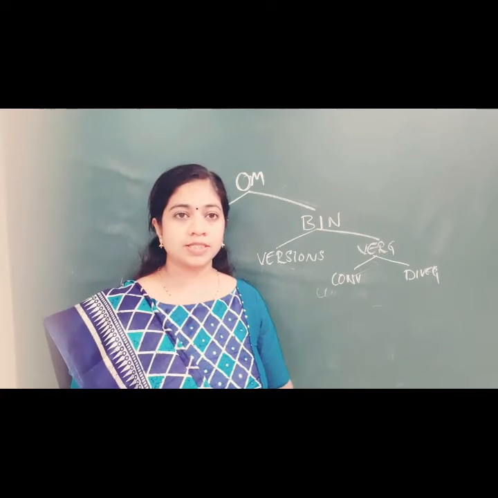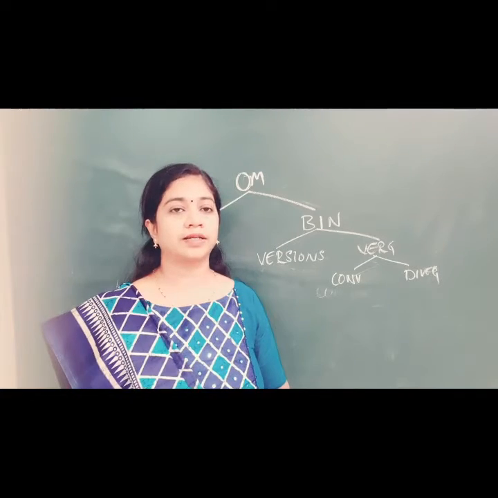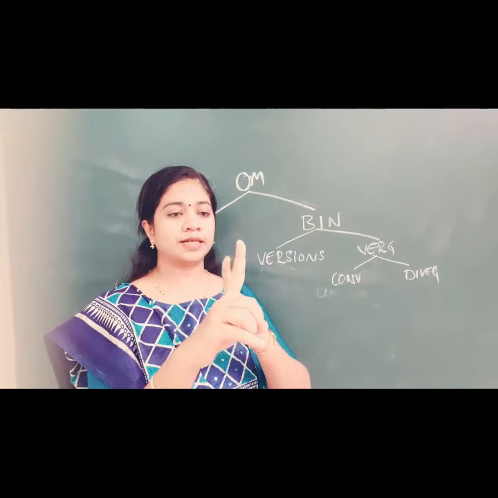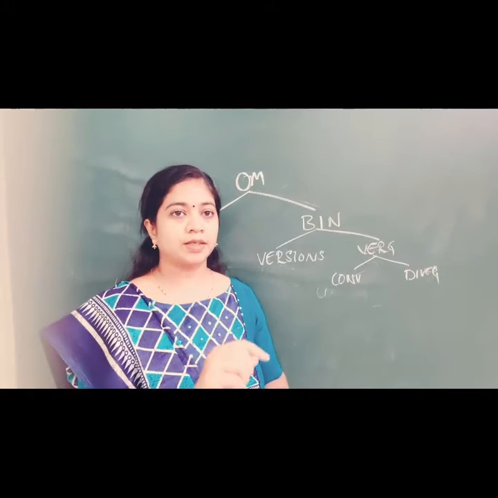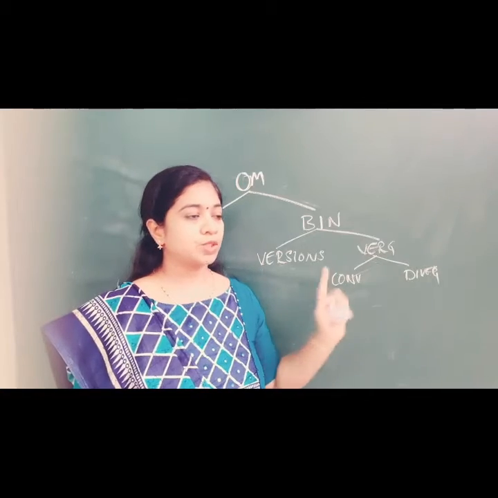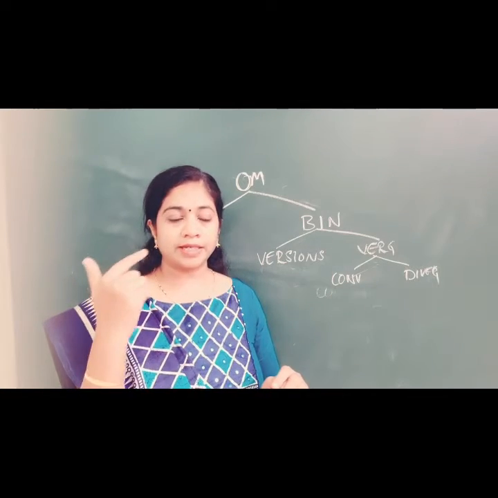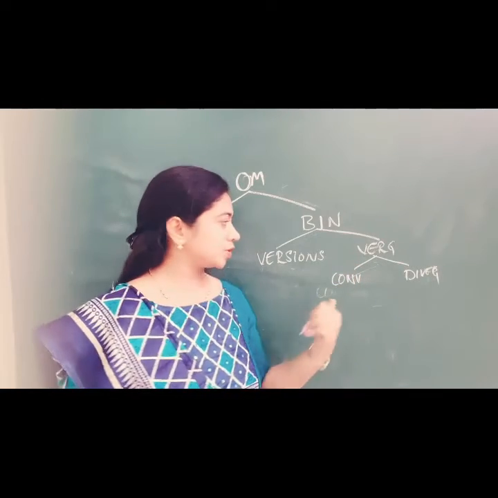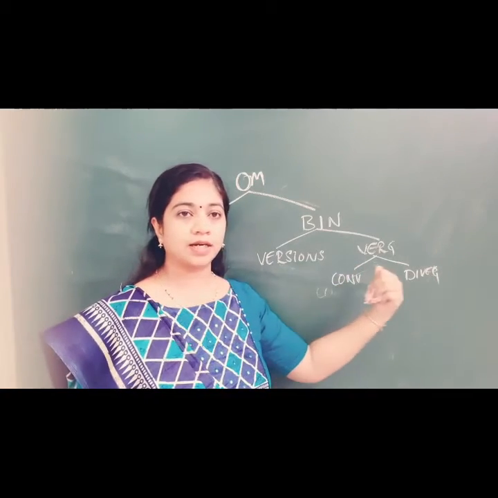So what is convergence? Suppose I am looking at a distant object and suddenly something comes here. So my two eyes will suddenly converge to see this. That is called as convergence. The opposite action is divergence. So whenever I am converging, my right eye is looking towards the left and the left eye is looking towards the right. So that is the difference between your versions and vergence.